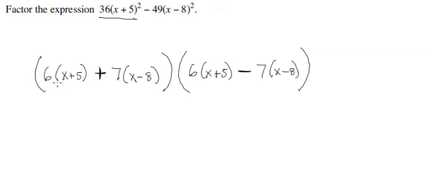Now, I've used a lot of bracketing in here that isn't strictly necessary just because I think it makes it read nicer. I was going to say these brackets are not essential, but in this case they are, because the 6 has to distribute through here. Without the bracketing, that would just look like 6x plus 5, and that would not be quite what we want. This really should be 6x plus 30,